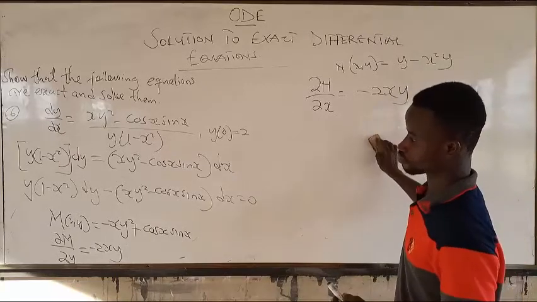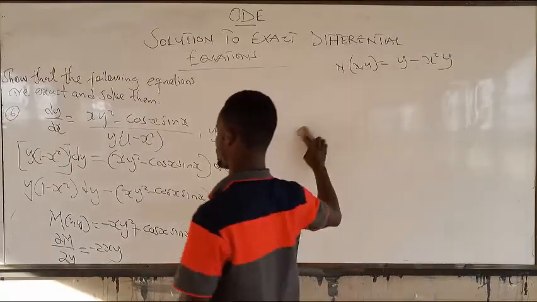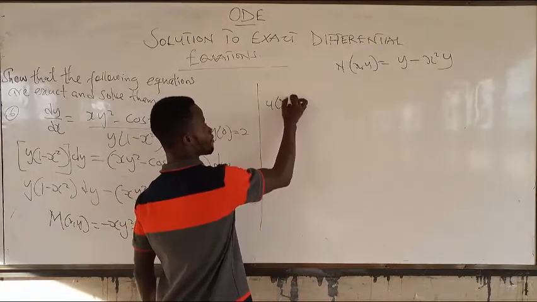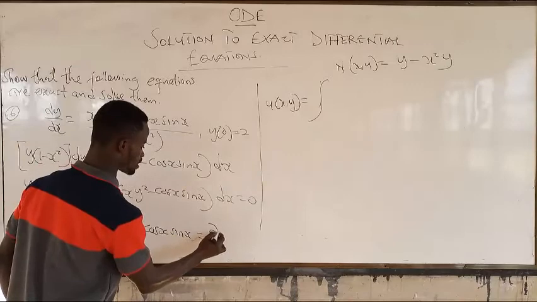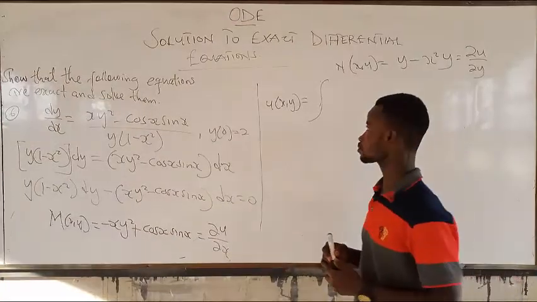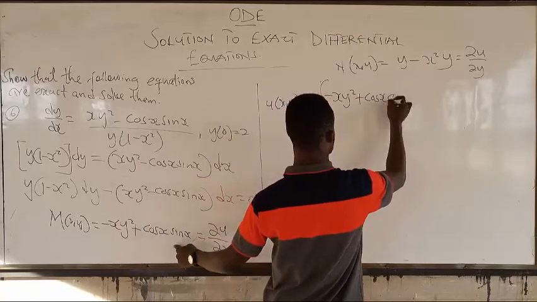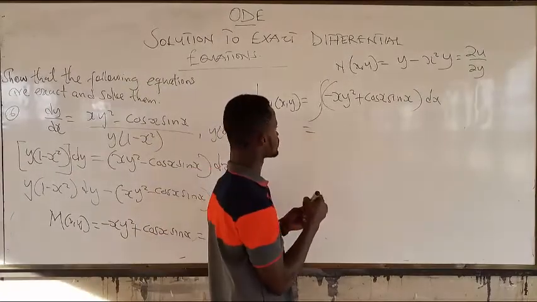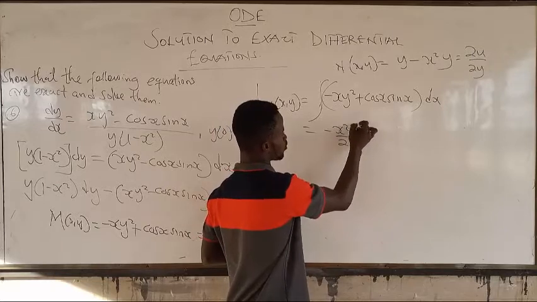So with that one, we are going to stick to only the writing of identifying this and this. So let me bring this back. So to get, we pick the one. So this is the same as the partial derivative of u with respect to s, and this is the same as the partial derivative of u with respect to y. By treating y as constant, integrate this, you get negative s squared over 2 y squared